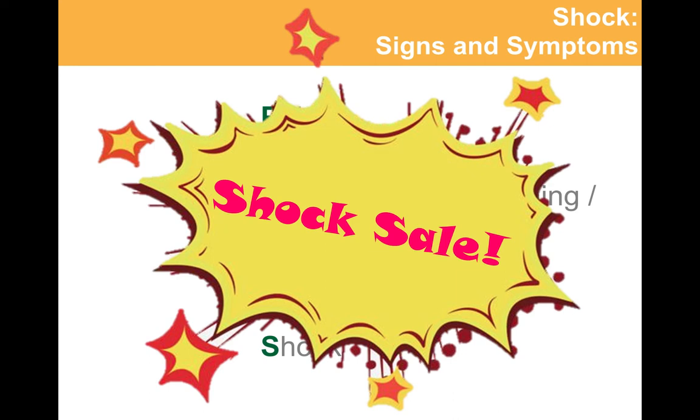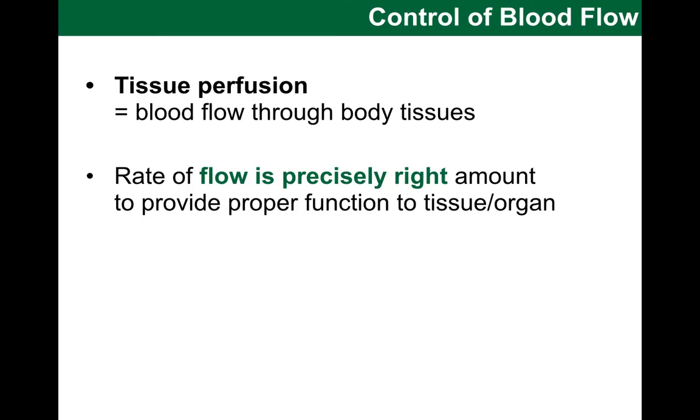Okay, I think we are now ready to shift our focus to how we control blood flow in the body. Remember that the flow is constantly controlled and adjusted so that the rate of flow is exactly correct for the particular organ or structure and its needs. And there are extrinsic and intrinsic controls that play a role.